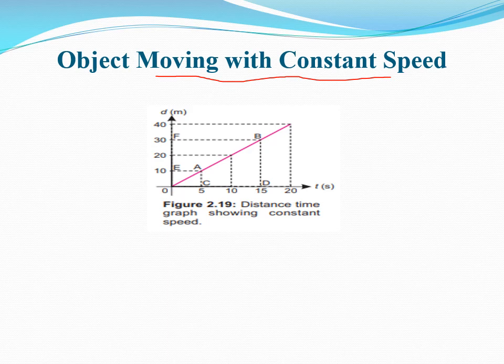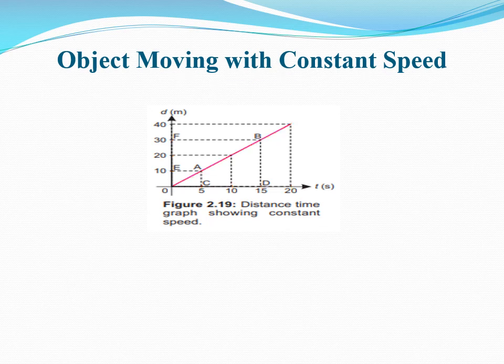So dear students, here you are noticing that the body is moving. This is the time axis, time is passing, and this is the graph or line for distance. So the body covers some distance in some time interval. As it is covering equal distances in equal intervals of time, this graph is representing the motion of the body with constant speed.